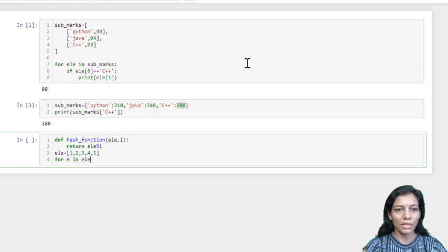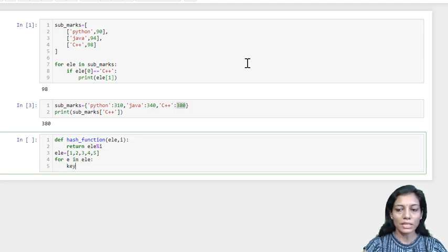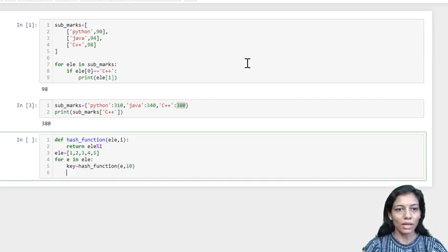for E in element, I am iterating over all the elements one by one, and for each element I need to have the key value which is returned by the hash function. So I am calling the hash function and passing the element E into it whose key I want to find, and I am keeping the table size 10 so that I'll be returned with the key value.